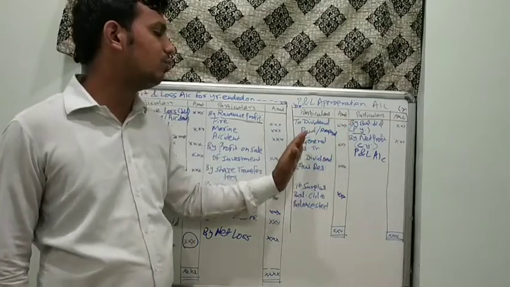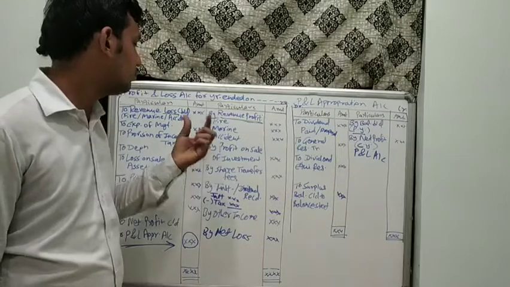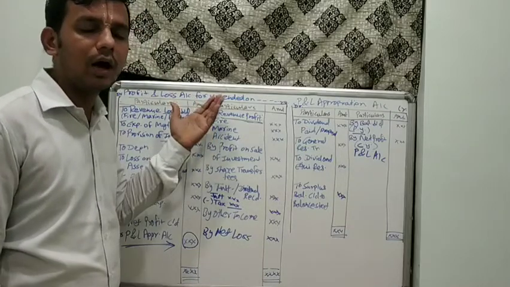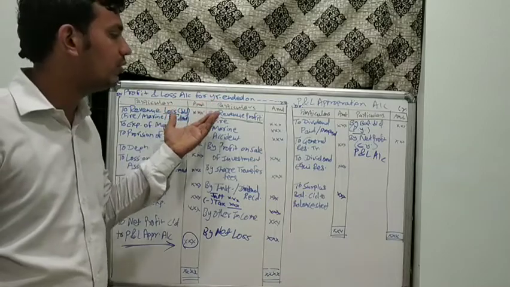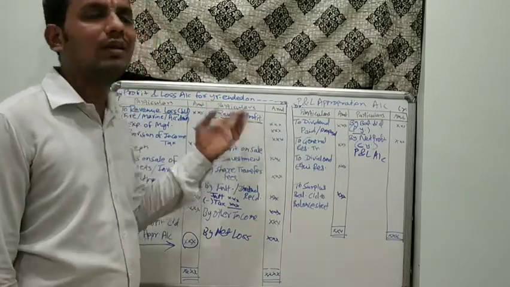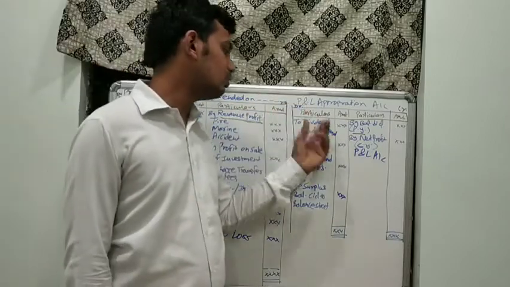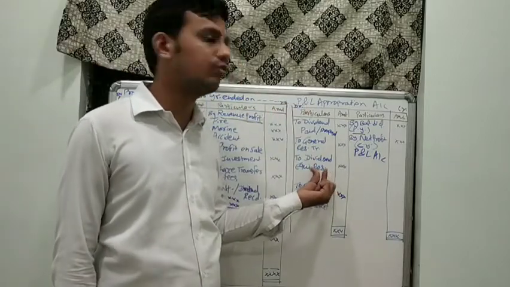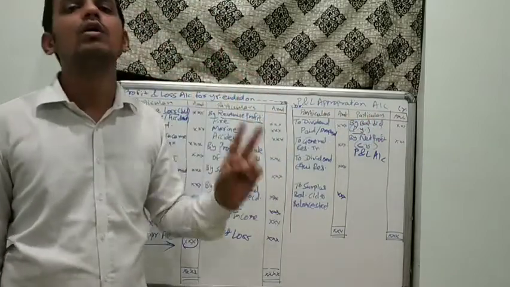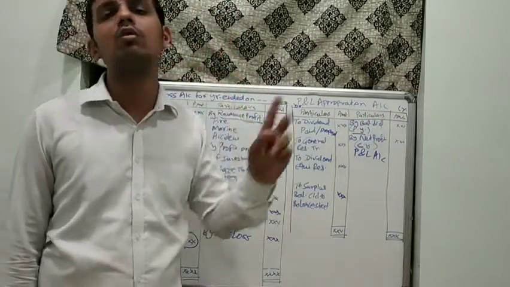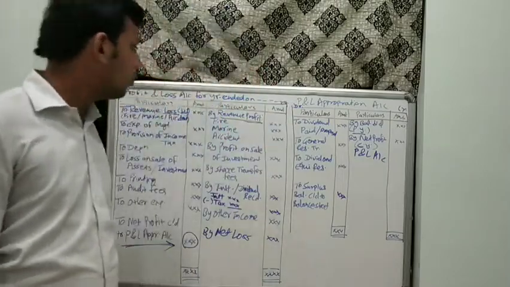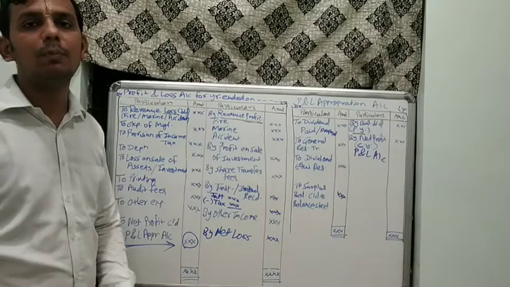Remember, this is the simple straight format. Only two things we have to remember. First, we have to take the revenue profit or loss, whatever occurred in the revenue account; if profit, normally we would take it into the credit side. Second, the unexpired reserve or insurance fund would not be part of the appropriation account. It would be part of only two statements, the revenue account and the balance sheet. This is for both accounts, that is, P&L and appropriation.